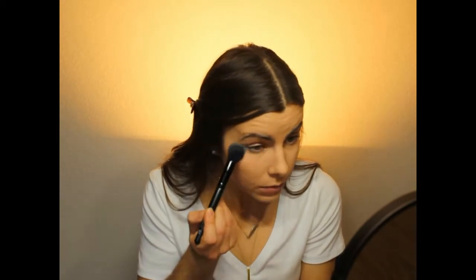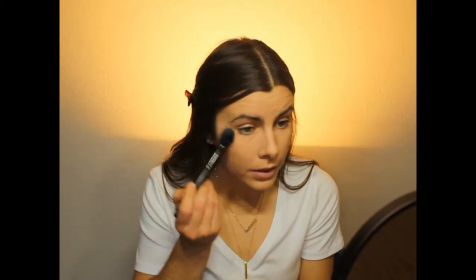So before I go ahead and put some translucent powder underneath my eyes, I'm just gonna dab it out with my ring finger to make sure it's blended well into these creases I have. So I'm just gonna dust this underneath my eyes. I'm not going to bake today since this is an everyday look, or if I did wear makeup every day, this is what I would do. So again, on the other side,